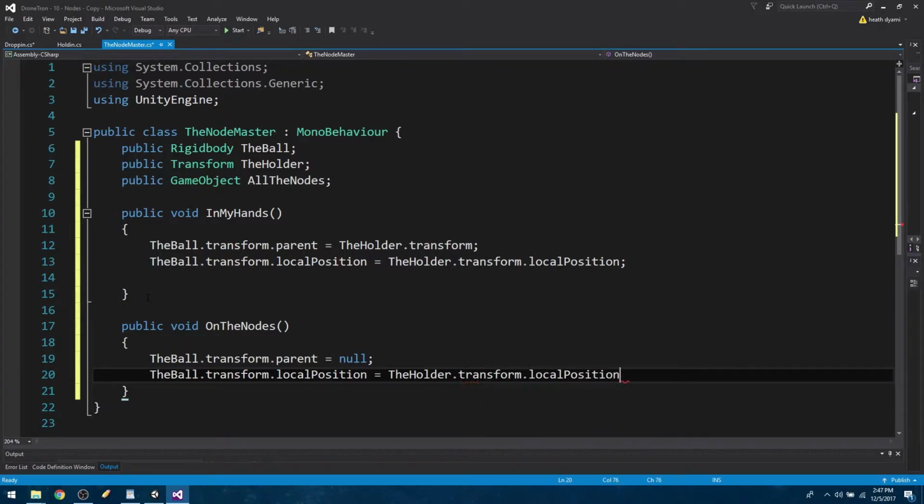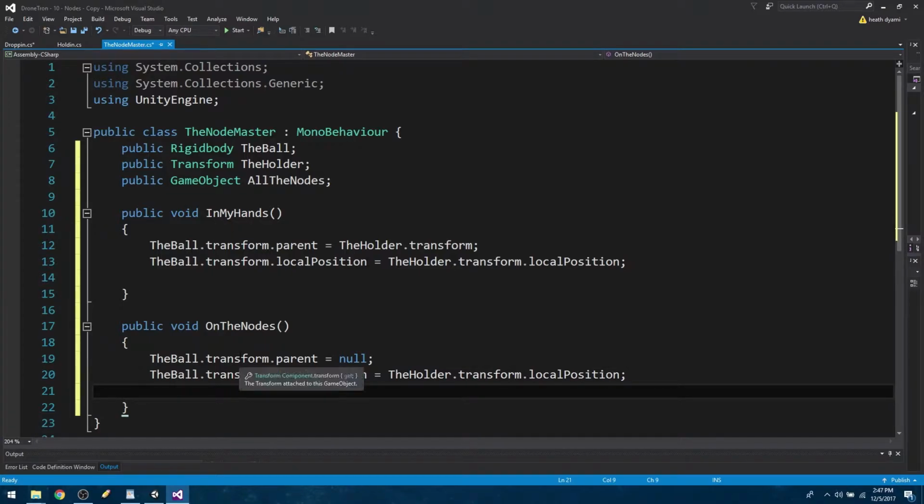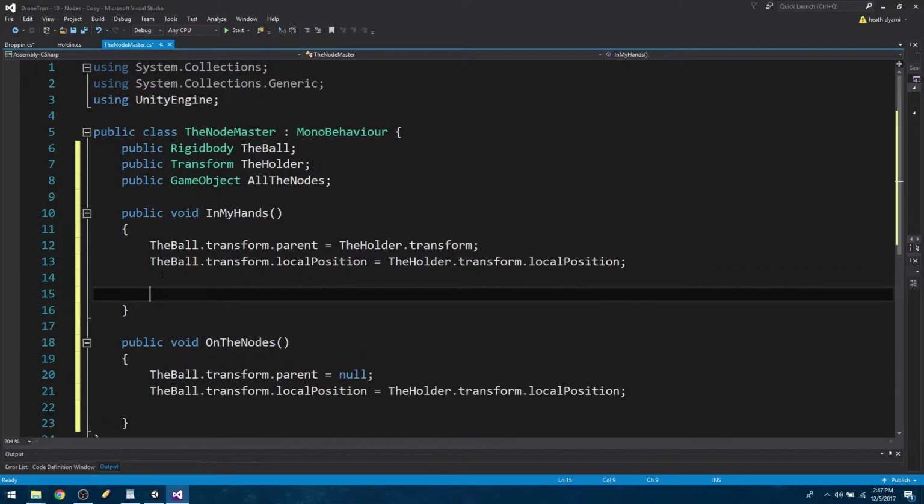Local position. Okay. So there we go. We've got our parenting for the hand, and then we've got the nullification for when it's placed on a node. Now, you're probably wondering what all this node business is. All the nodes are going to be where all of our hit states are going to be. So this might not make sense yet, but what we're going to do is do all the nodes dot set active